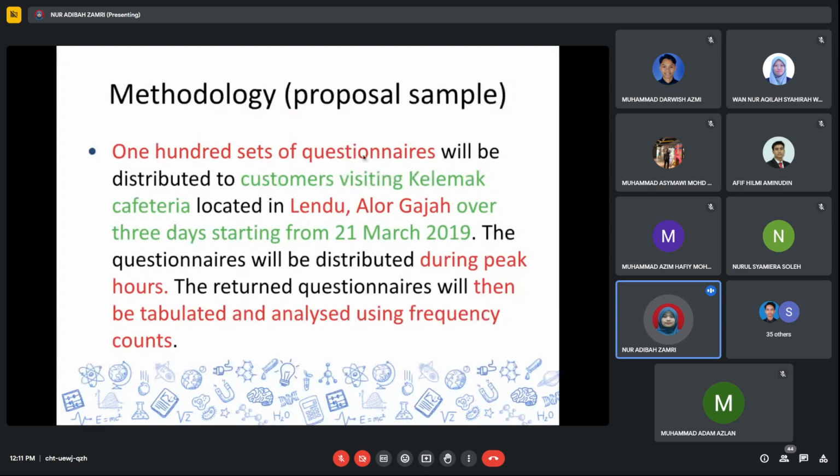100 sets of questionnaires will be distributed to customers visiting Kalamet cafeteria located in Lendu, Alor Gajah over 3 days starting from 21st March 2019. The questionnaires will be distributed during peak hours. The written questionnaire will then be tabulated and analyzed using frequency counts. You have to pay attention a bit here. Under introduction for the methodology part, you need to write using future tense. Will be distributed. The written questionnaire will then be tabulated, because in your proposal you have to use